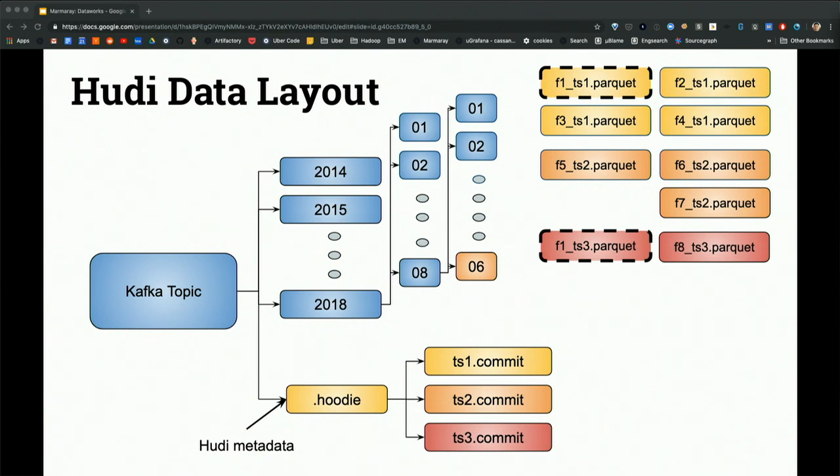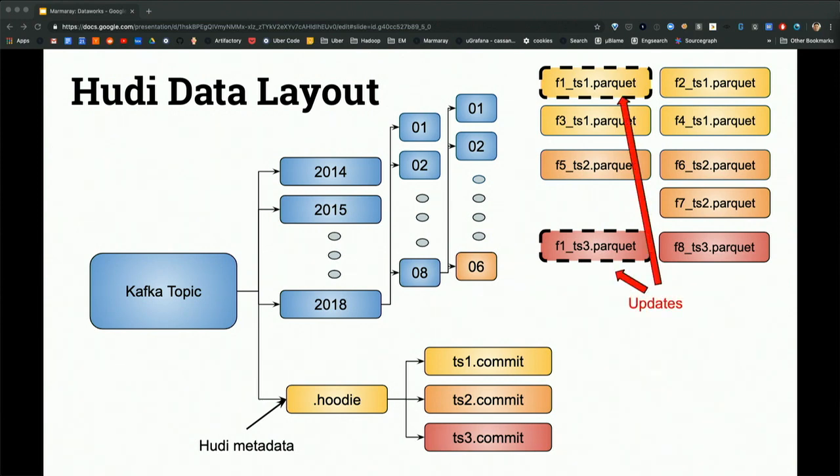I'm sorry, that part is done synchronously in the ingestion job, but it's very cheap because it's just the changes. And then the job completes. And asynchronously in the background, we have a compaction process, which will take these Avro change logs and compact it with the existing Parquet to write a new Parquet. But that means that we can make batch changes, so we don't have to rewrite the Parquet file every time a single record is changed. We can wait a few hours or something and get a whole bunch of changes and then merge them in. And it still allows you to query for it, at the trade-off of latency in your queries.